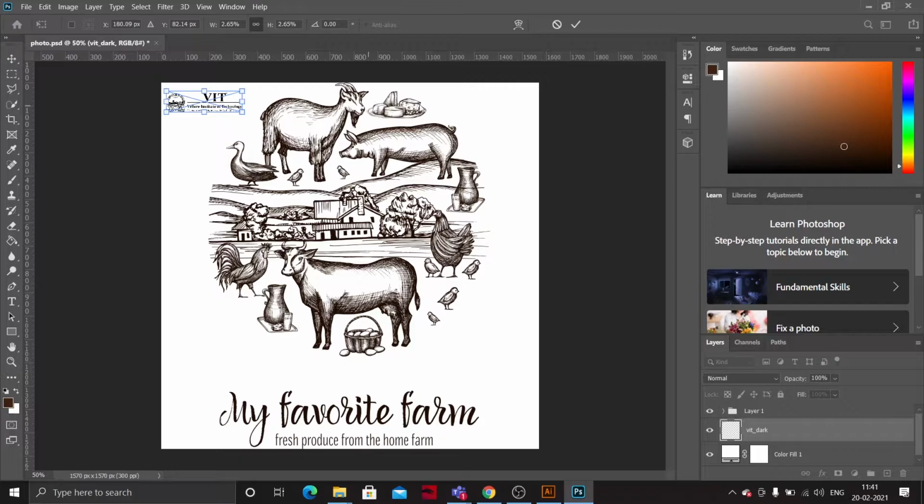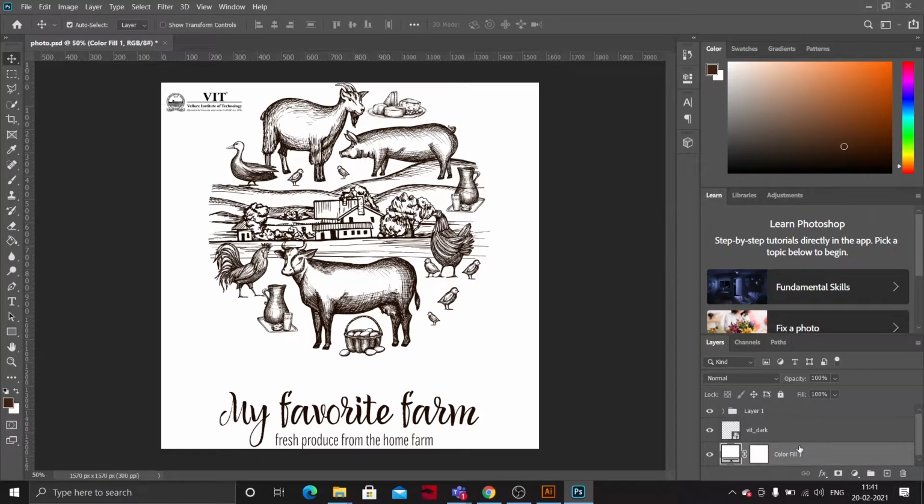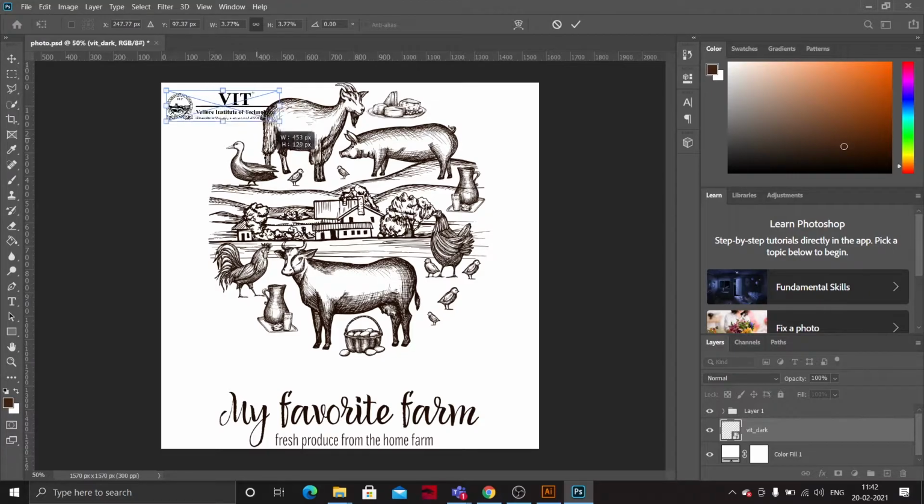Yeah. And if you click OK, it will be like this. If you want to adjust it, you can. See, if your size is small, or if you want to decrease it, just click on that and press Control T. Click on the VAT tag, meaning the logo layer, and just press Control T. You can resize it to whatever size you want. Okay, no issues in that.